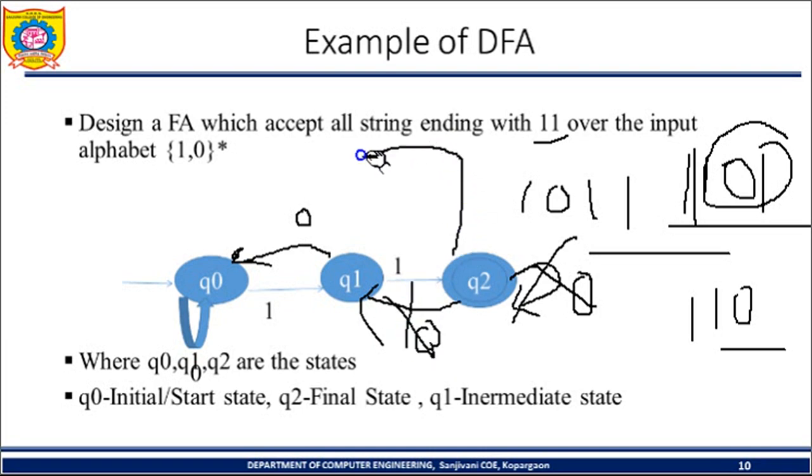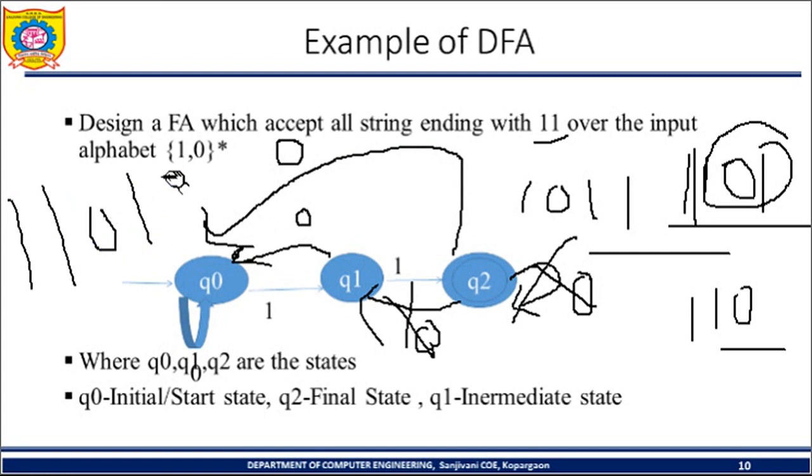And if I give to the initial state, for 0, now what will happen? So 1 1 0 1 1. Is it right? It's right because this string is ending with 1 1. So Q2 on 0, it should be in Q0.